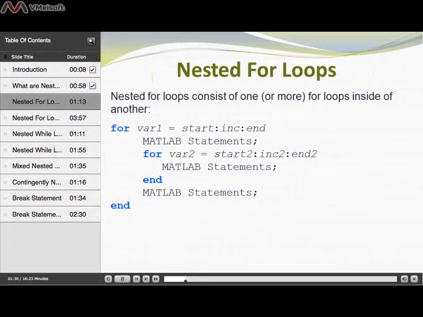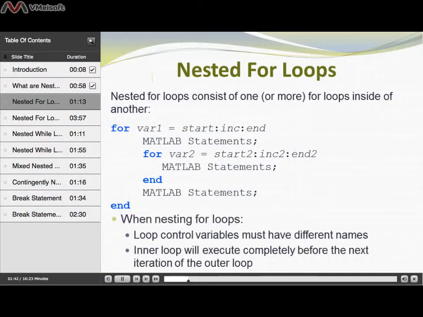And then there are MATLAB statements, which can occur before and after our inner for loop, which has, again, its own separate variable and start, increment, and end, and some MATLAB statements that are specific only to that inner for loop. So when we're using nested for loops, our loop control variables, in this case variable 1 and variable 2,